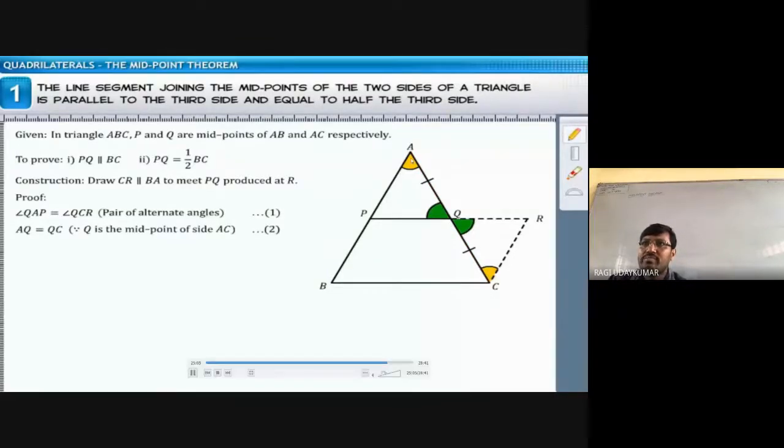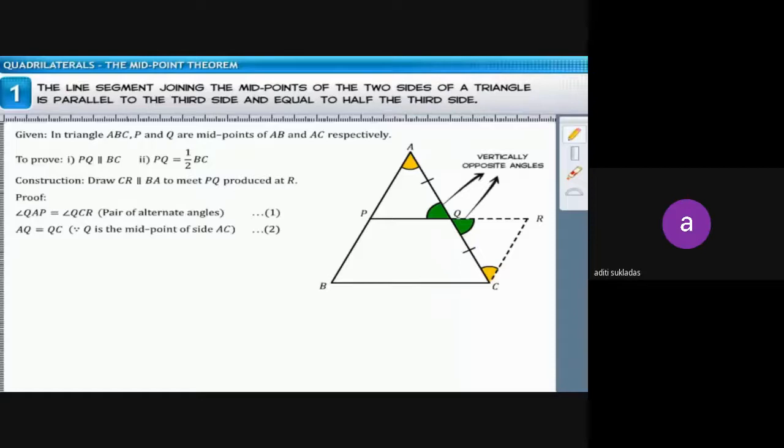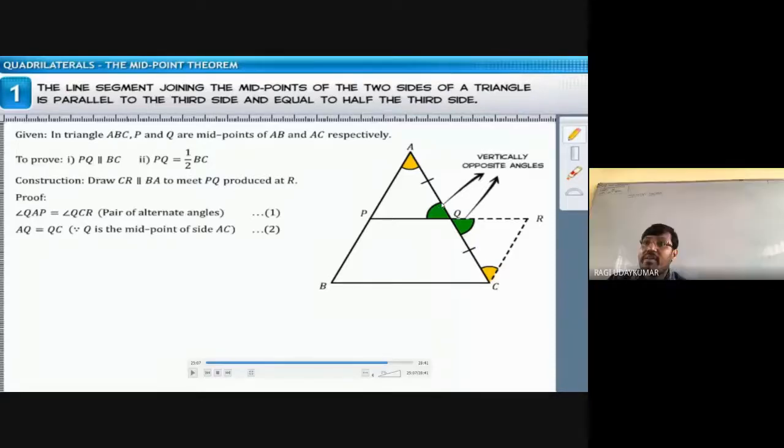What are the two angles' names? Green color में angles क्या mention कर दिया? ये angle name बोलो. Vertically opposite angles. No, the name of the angle I am asking. This angle. Krati, with the arrow mark I am showing to you. That one. Name with the 3 letters. You have to write in the step. That one only now, in the next step.